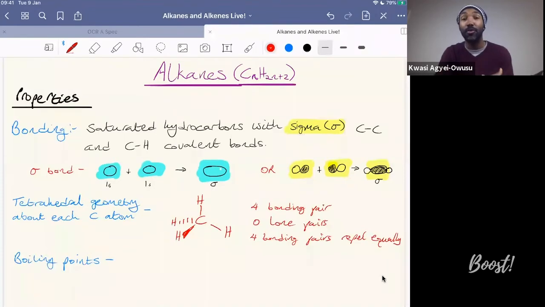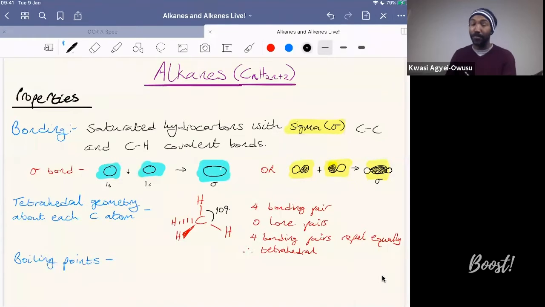Okay, and as a result of the 4 bonding pairs repelling equally, we're going to have a tetrahedral geometry. So therefore it should be tetrahedral. And the bond angles are going to be 109.5 degrees. So if I show you what the bond angle is that we're referring to, that bond angle there, it's going to be